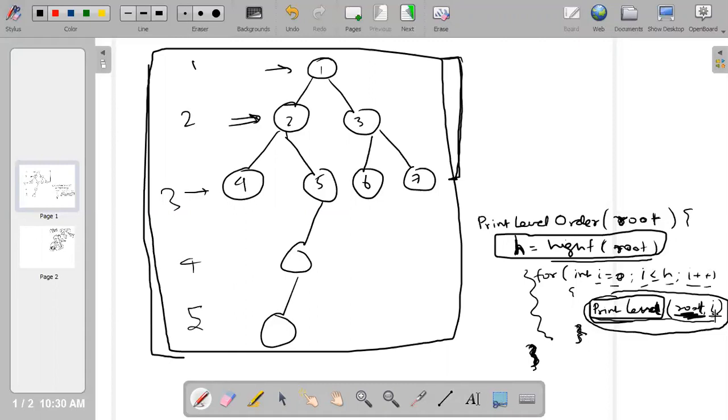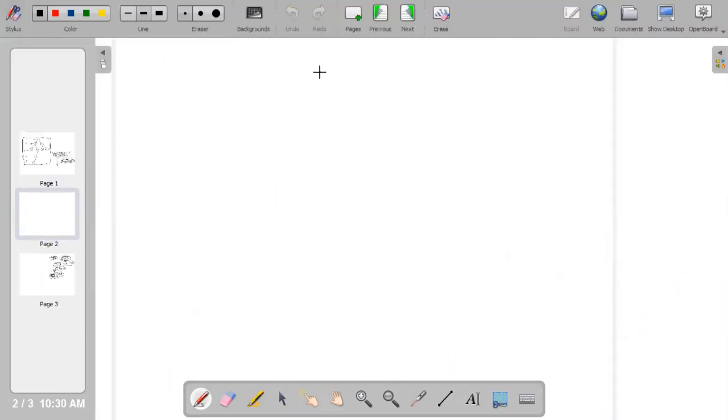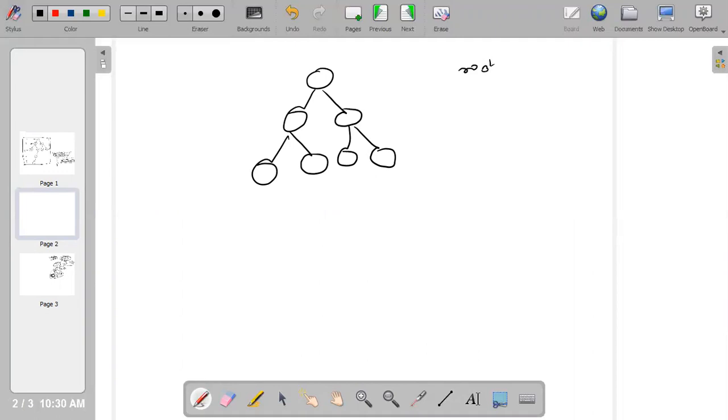So my next problem is, I have a tree, and I will always give the root node, and I'll give, let's say, level 2. If I give root and level 2, I just need to print these 2 nodes. That's it.